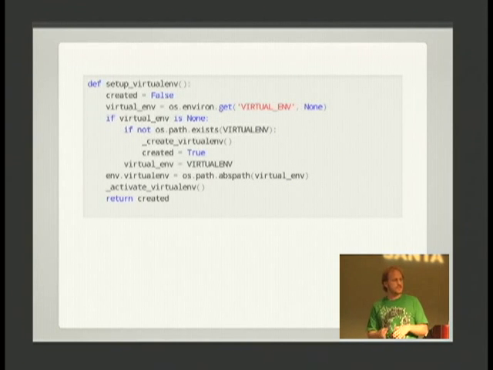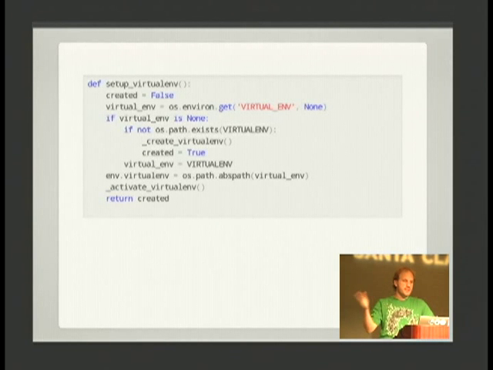So I just want to show a few nice things about this. In order to set up a virtual env, we have Fabric here. We have a basic Python function which will detect whether you're already in a virtual env and not created, but just activated, or if you're not, it will create a virtual env, and so on, and activate it. So with this function,